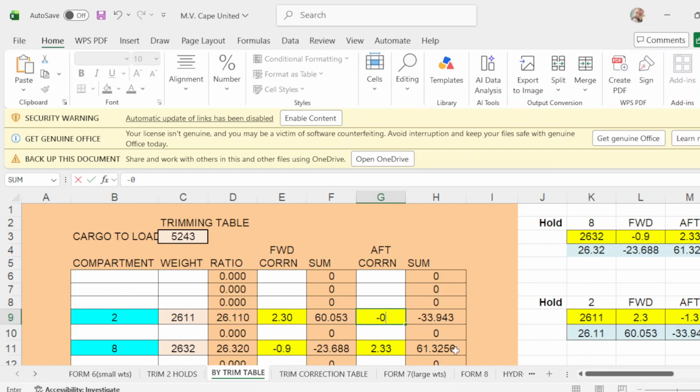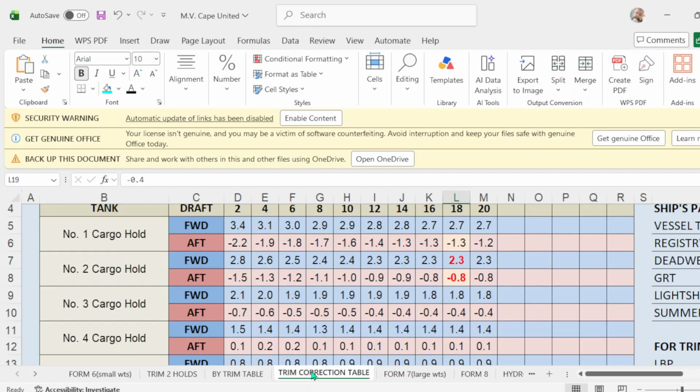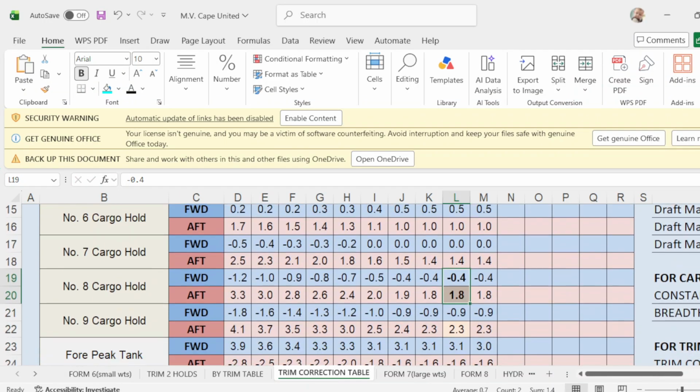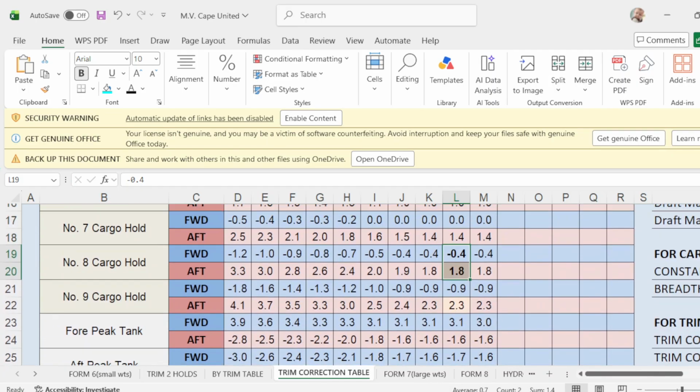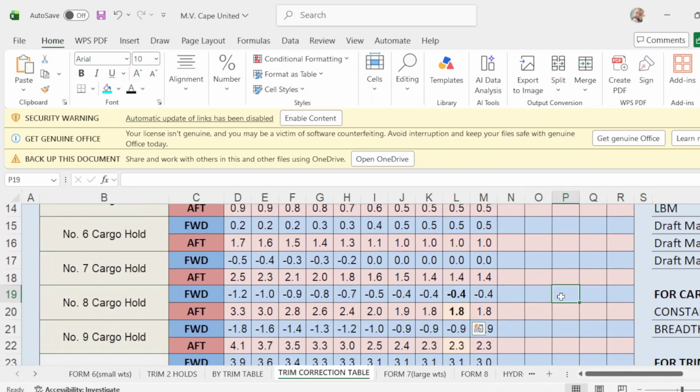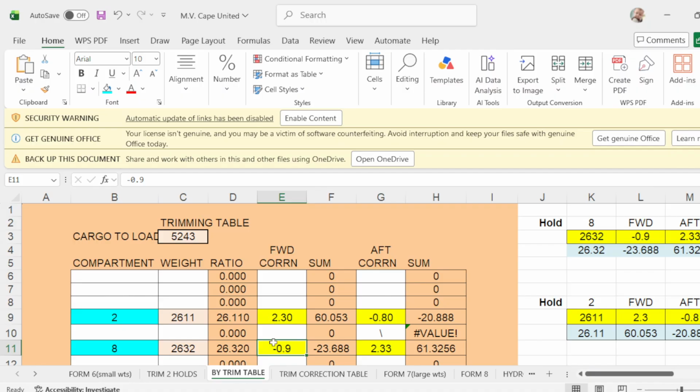And 8 forward, like this, red. 8 forward is negative 0.4.